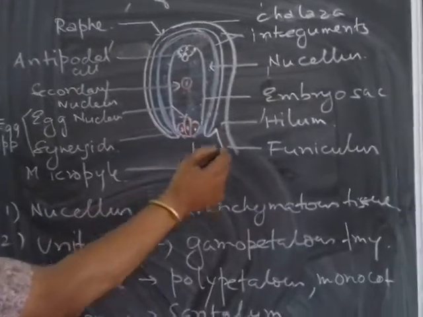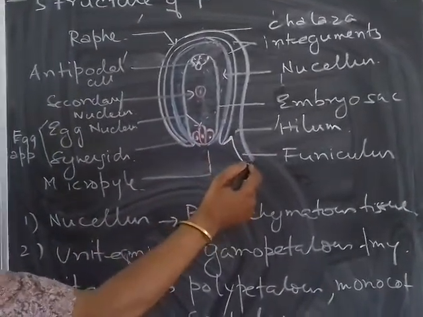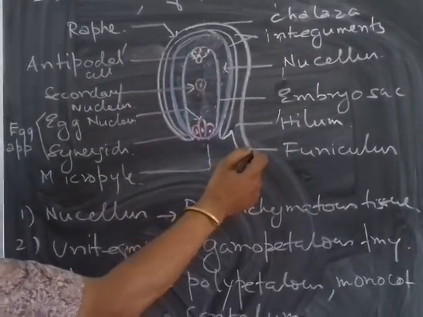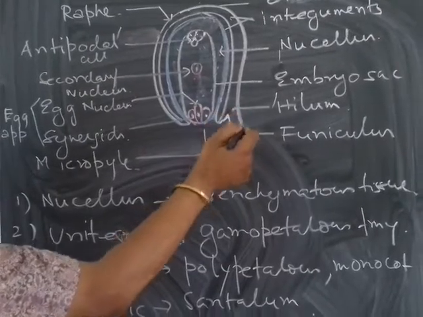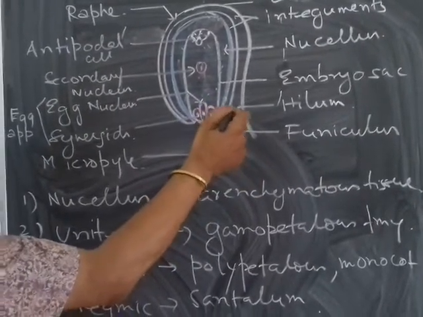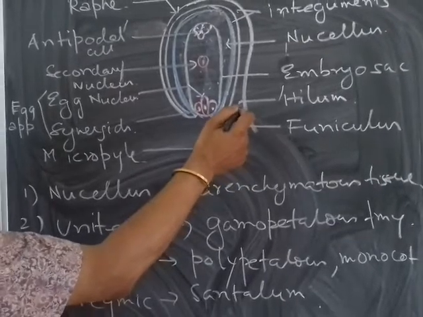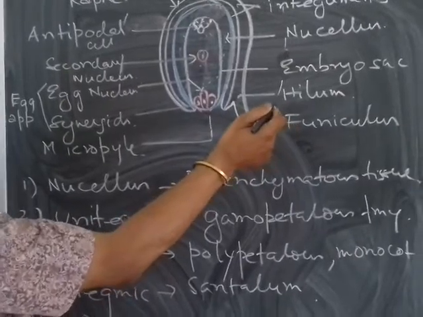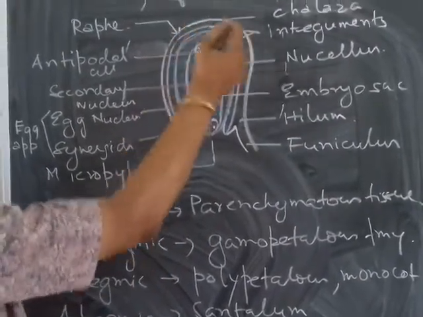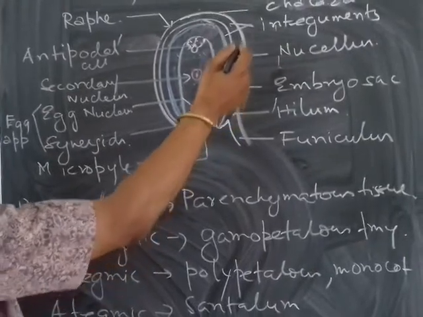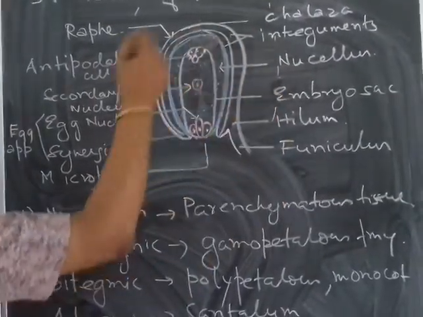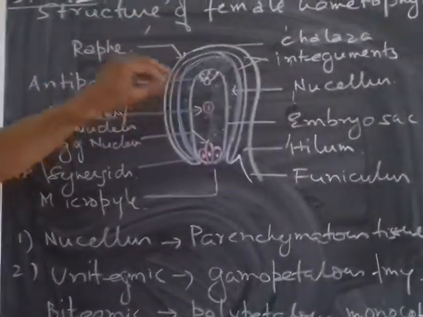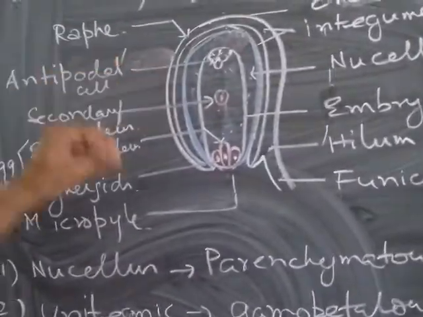Now you have a stalk here, called the funiculus. The funiculus is the stalk which attaches the seed to the wall of the ovary. When the seed detaches from the ovary wall, a small scar or depression is left. That's called the hilum. This outer wall is called the raphe. This is the embryo sac, nucellus, integument and chalaza. You have to know this structure and how to draw the diagram. It is often asked: draw an anatropous ovule and label the various parts.